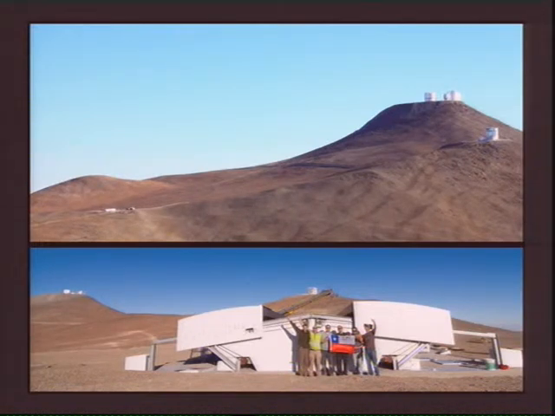On the top there, you can see the mountain itself. NGTS is the little white building on the left there. On the other hill over there, you can see 2 instruments. The one on the very far right here is an instrument called Vista, and then the one on the very top of the hill up there, that's the VLT. In astronomy, we famously can't name things, so that's the Very Large Telescope, which is also terribly named because it's actually 4 very large telescopes. They can all work together to make a really, really, really large telescope,